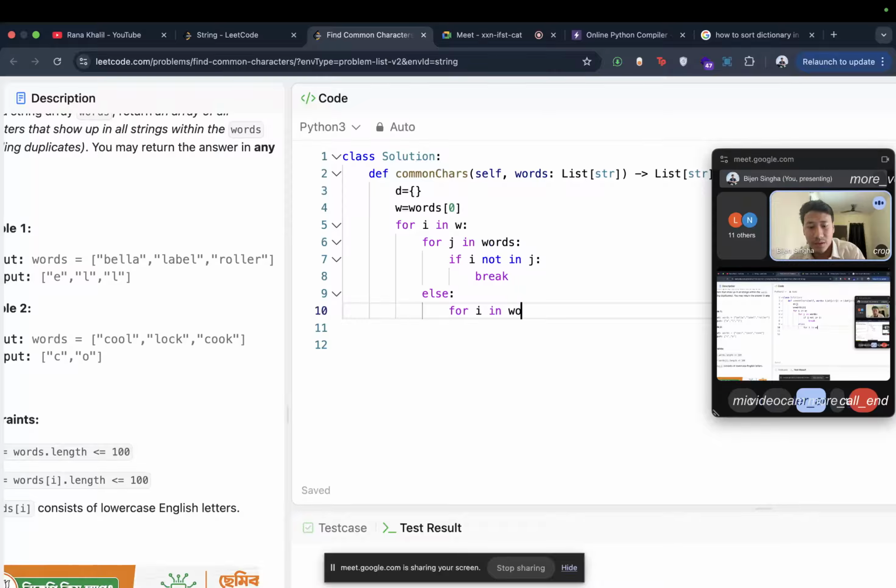For I in words, d of I, for k in words, d of I equal to, d of I means what? That word I am putting it, for k in words, k means 1 by 1 value,